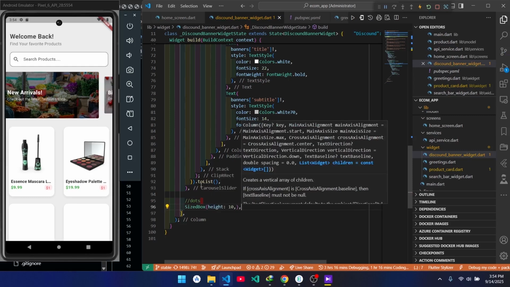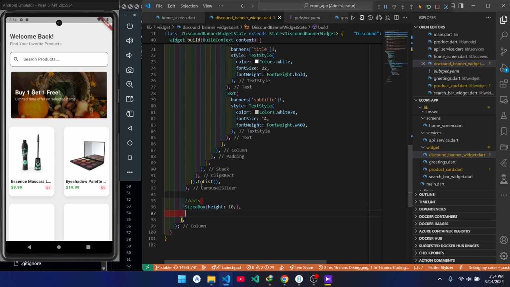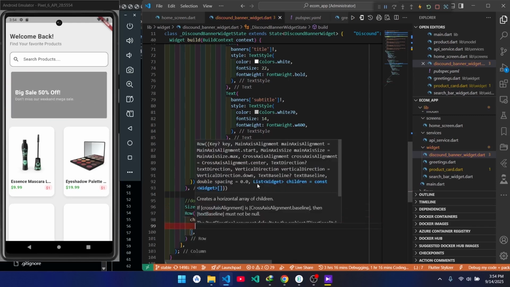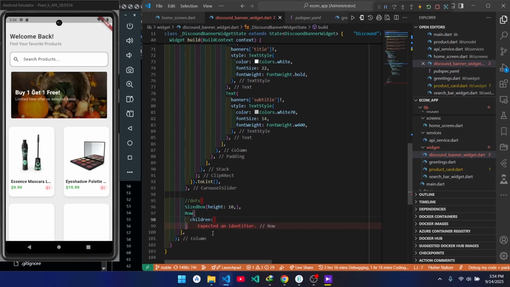All right, so we give it a SizedBox with a height of 10 inside the column. Then here we're going to have a Row of the same dots, right? Right, sorry about that. So inside the Row, we're going to have children. The first child is just going to retain it as a map. So here we can remove this, right? All right, so we're simply just going to say banners